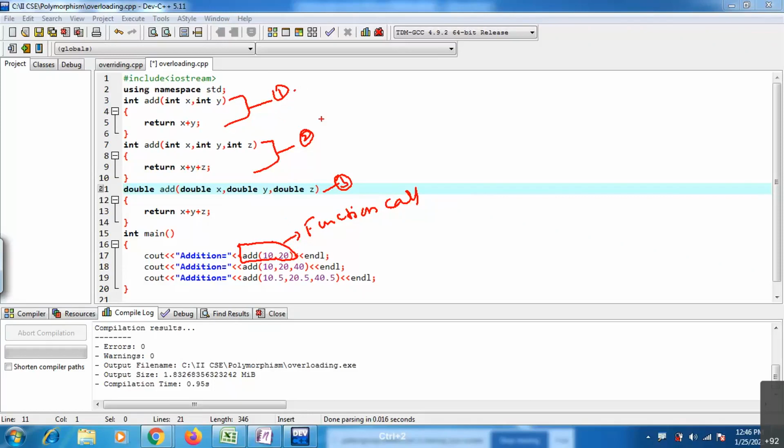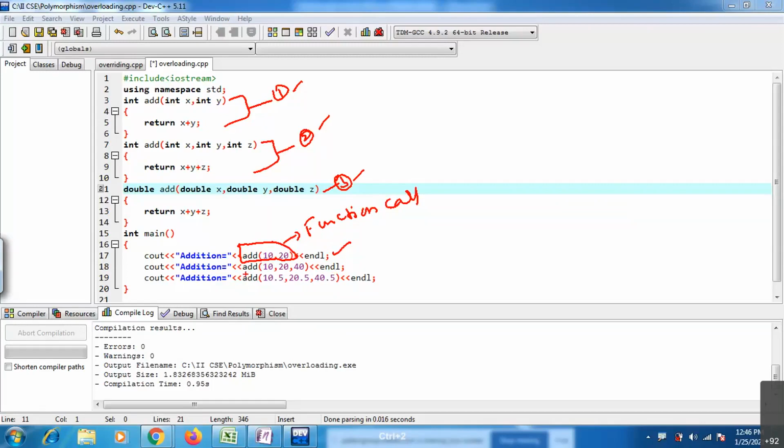First one, second one, or third one? First one, sir. It is going to call the first function because you are sending two values here. Based on your arguments, that function is called, and you will get the addition of those two numbers.